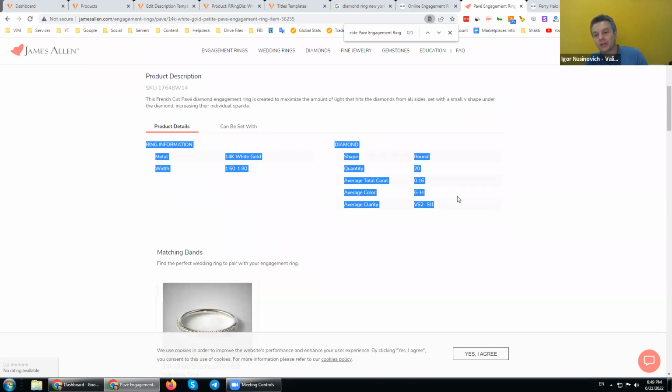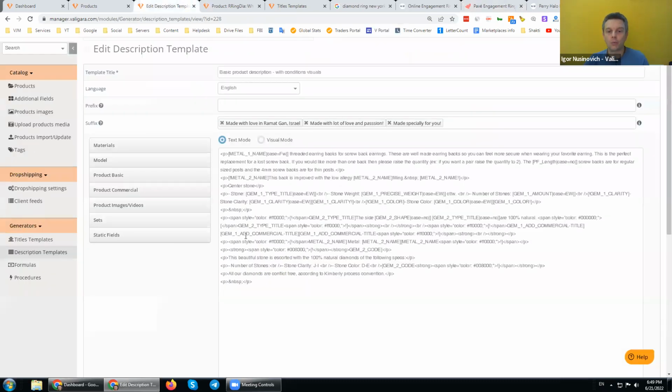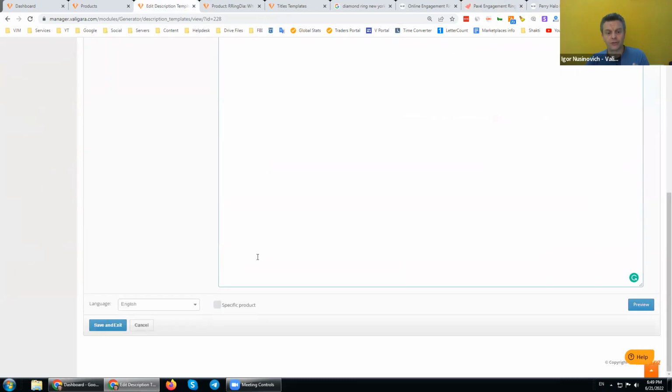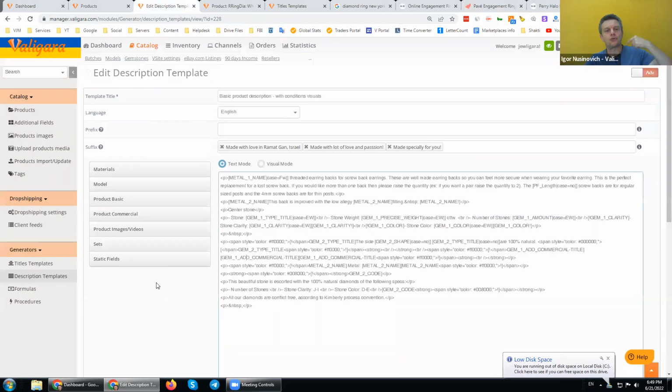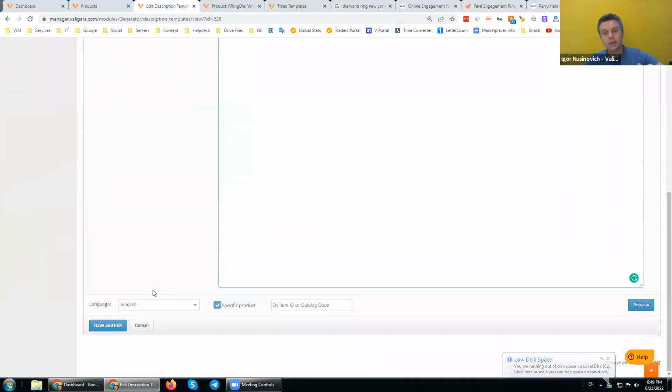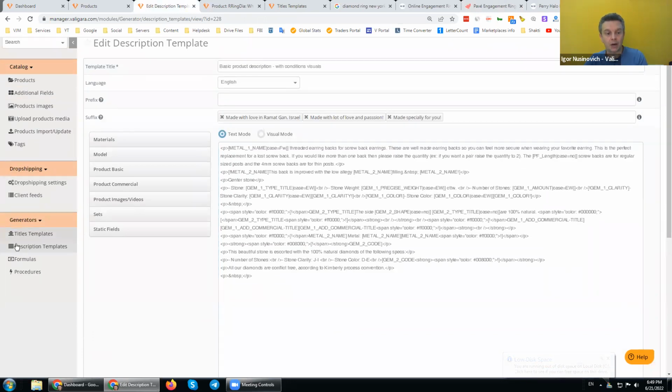So I can create this piece of code directly in Valigara with description generators. Now, the description generators, again, have the ability to create a preview for the specific product. So you run it multiple times to see that the results are okay. And after that, you implement.